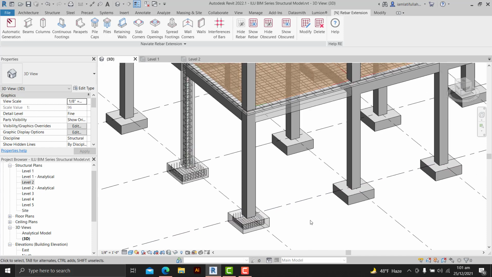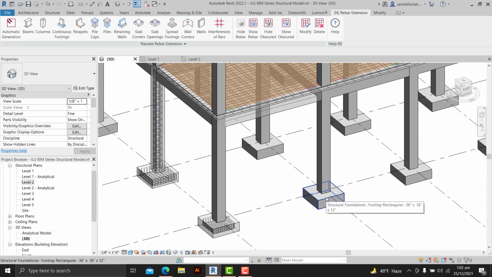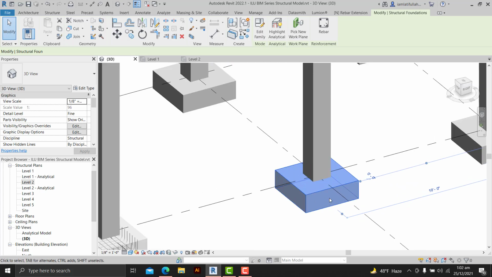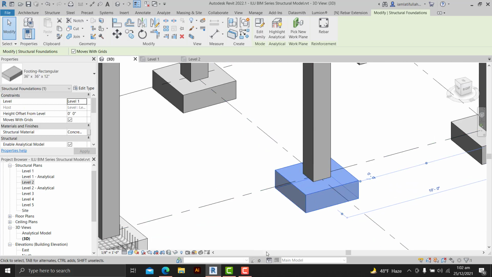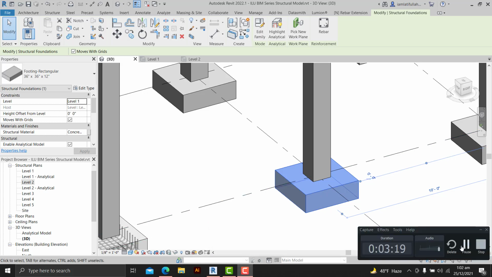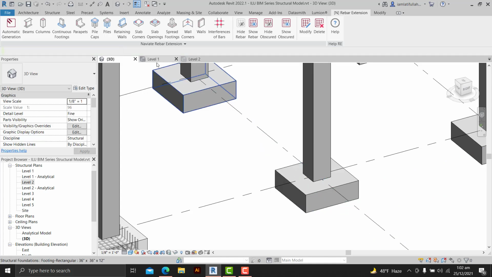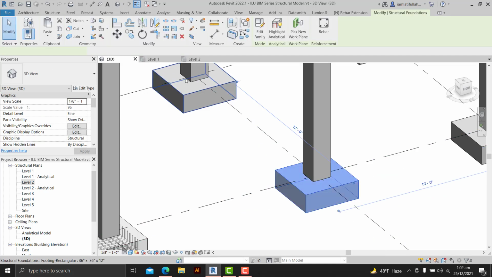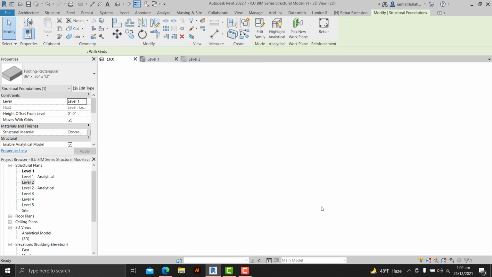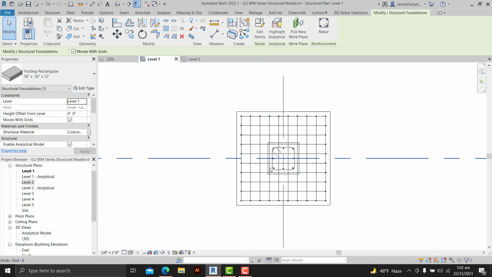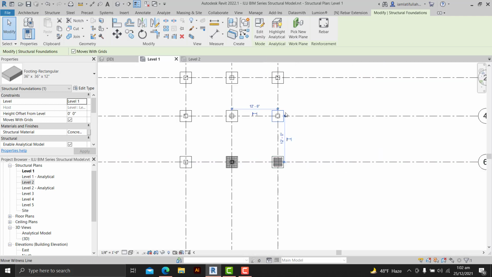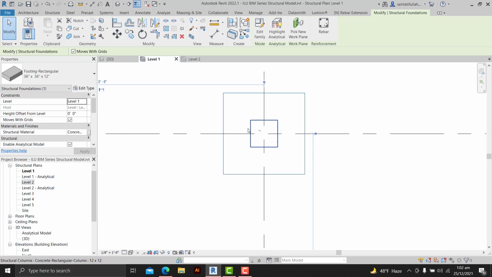Let's take an example of this footing. How can we add reinforcement in this footing? I've selected this footing. Let me go to the plan view. Let's select this one, go to Level 1. As these are in Level 1, you see this is selected. We want to add reinforcement in this.